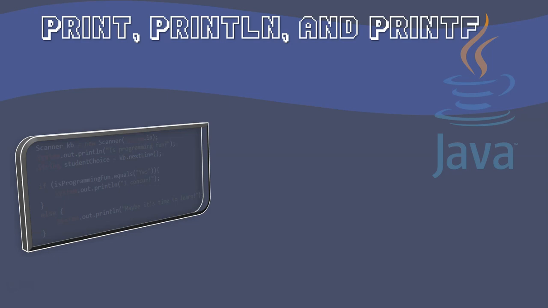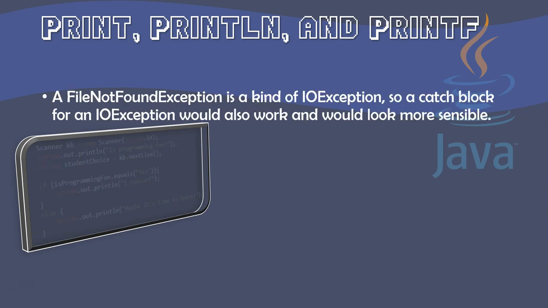Now, we already, of course, mentioned a couple of these, but there's print, println, and printf that are going to be handled with our output streams. A FileNotFoundException, as we said, is a kind of IOException. So a catch block for an IOException technically is also going to work. If you said, instead of a FileNotFoundException, I'm just going to do an IOException,